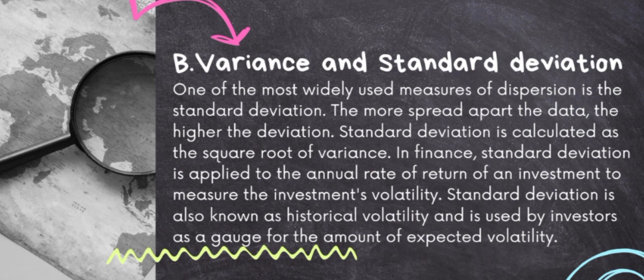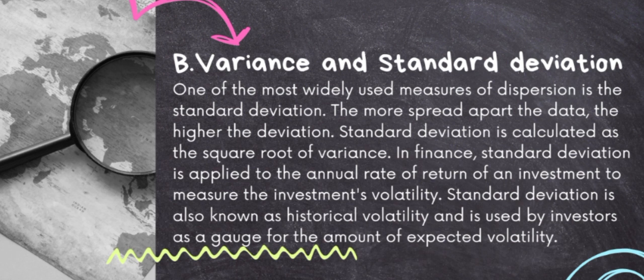Variance and standard deviation. One of the most widely used measures of dispersion is the standard deviation. The more spread apart the data, the higher the deviation. Standard deviation is calculated as the square root of variance. In finance, standard deviation is applied to the annual rate of return of an investment to measure the investment volatility. Standard deviation is also known as historical volatility and is used by investors as a gauge for the amount of expected